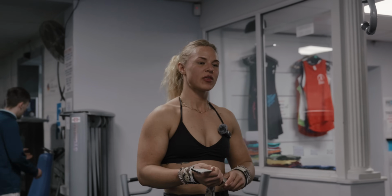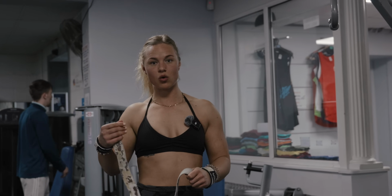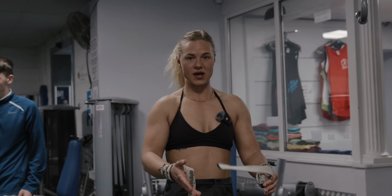I did give myself a little bit of a spot there at the end. It's one of those things, like, if you can assist yourself and it means that you get that rep and you've still got tension on the muscle, I don't think there's anything wrong with it. It's the same as if you had another person there training with you and spotting you. They're going to give you some sort of assistance in helping you get that last rep or last few reps. So it's not that big of a deal if you need to assist yourself, but just make sure you're not